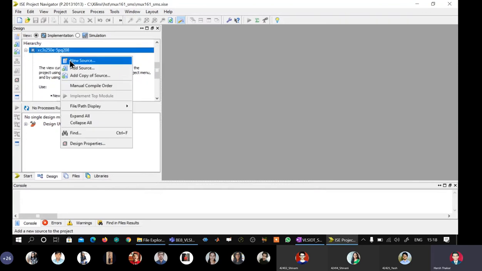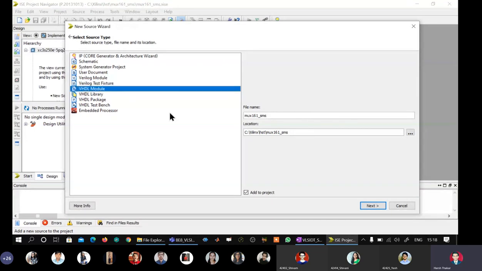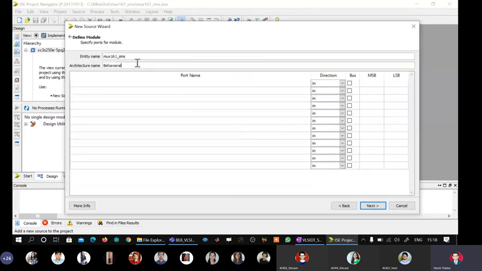Go here, right click, new source, VHDL module, Ctrl+V, underscore ARCH. Because I don't want to confuse the students, I'm going to give discrete names here.